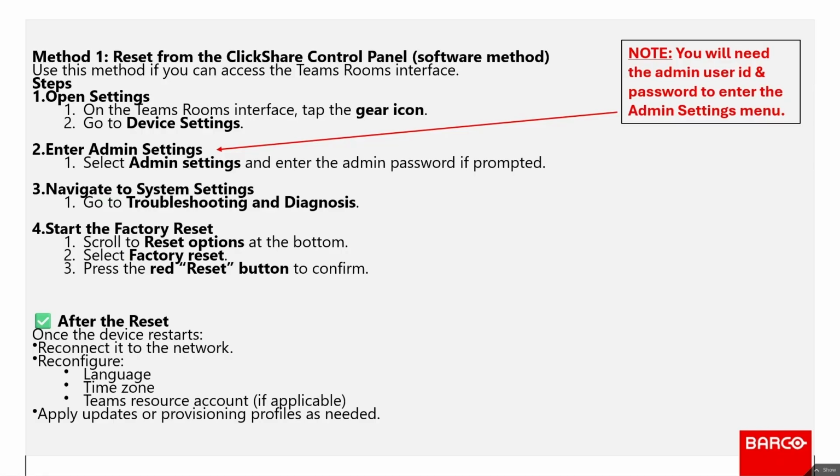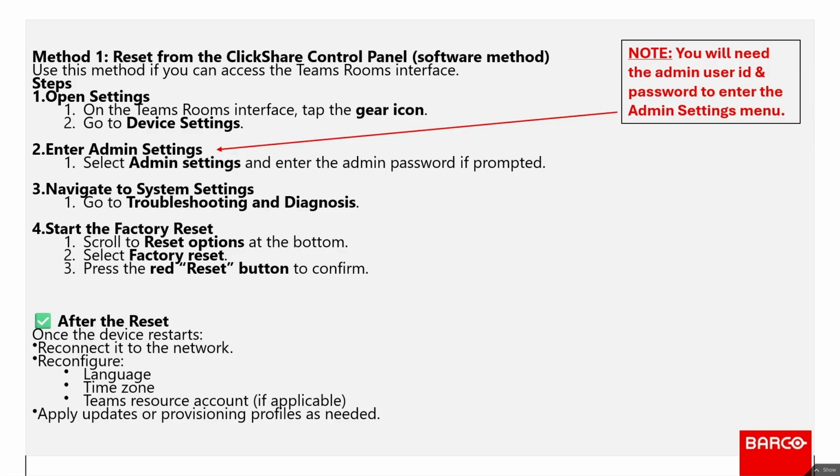So method one is to reset the ClickShare control panel, which is the software method. You're going to use this method if you can access the Teams Room interface on the control panel. So step one is you're going to open the settings on the team panel. You're going to go on the Teams Room interface and tap the gear icon, and you're going to go to